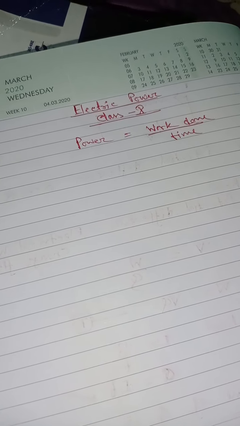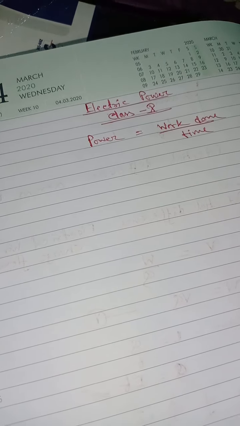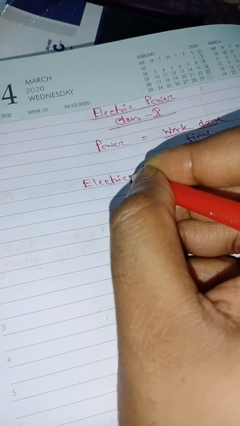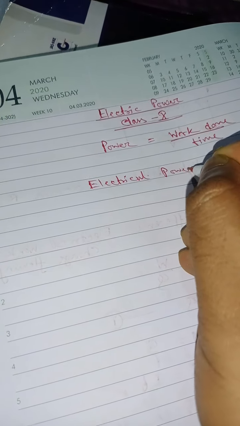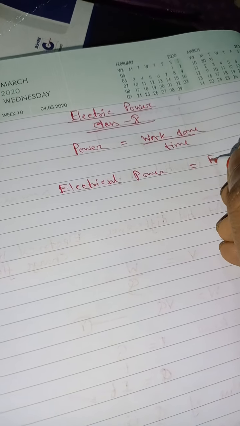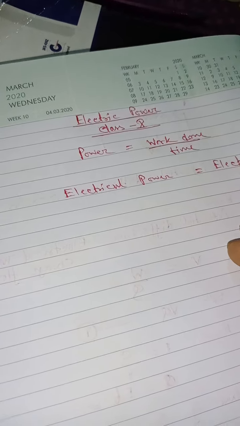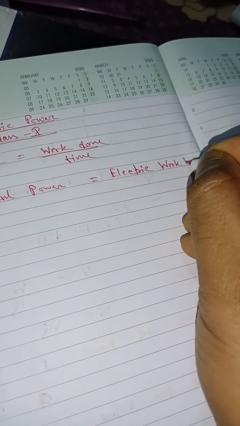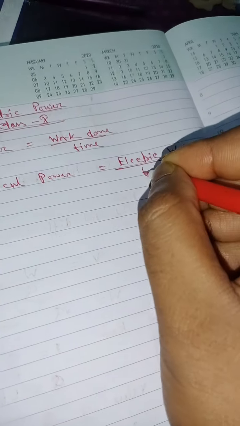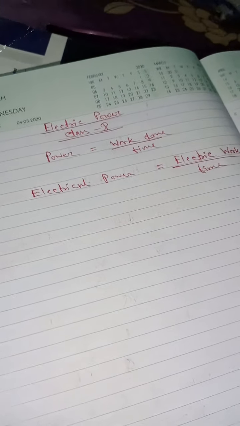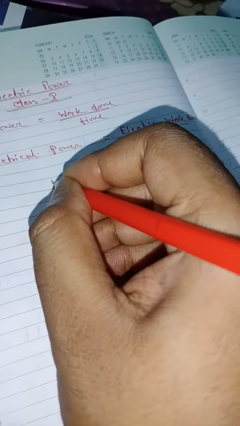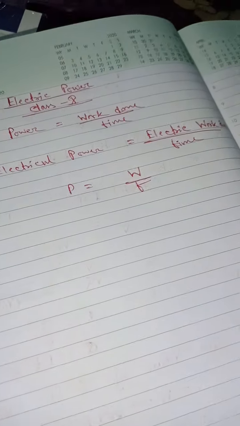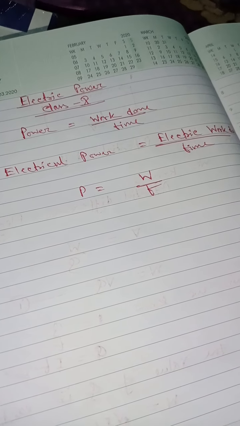Now for electrical power also, it is electrical work done by time taken. So you can write electrical power means electric work done by time. So here electrical power is P, electrical work done is suppose W, and time is T. So P is equal to W by T. (equation 1)